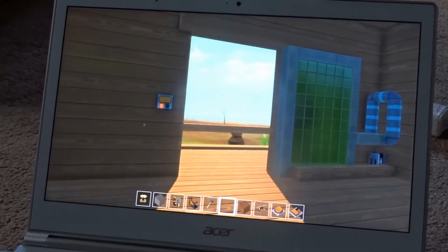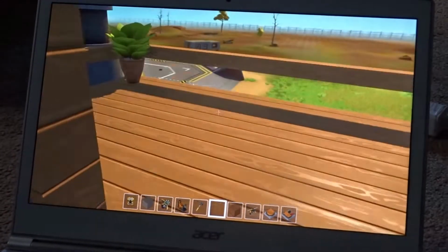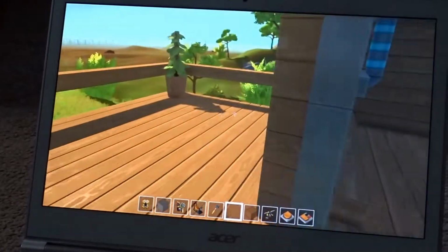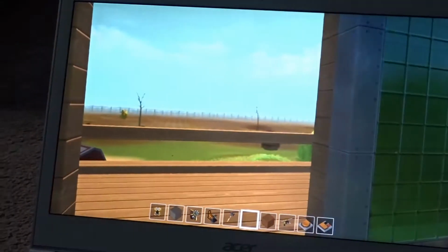I will probably do a tutorial on that for you guys. But here's just a little balcony. So here's a couple plants, just decorating the balcony. I do have a guardrail around it, and then